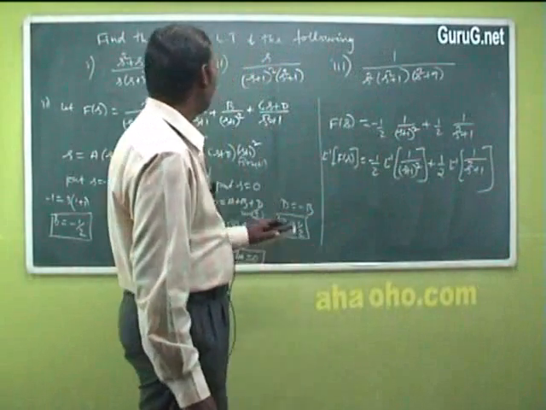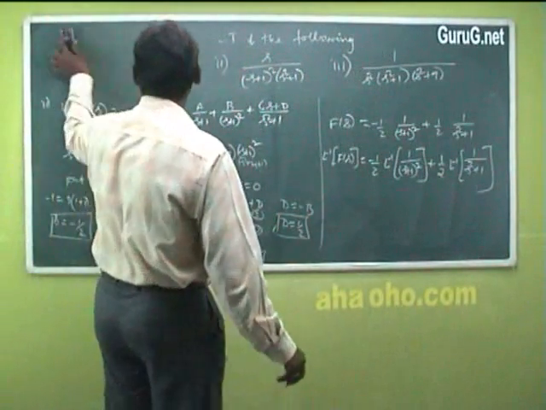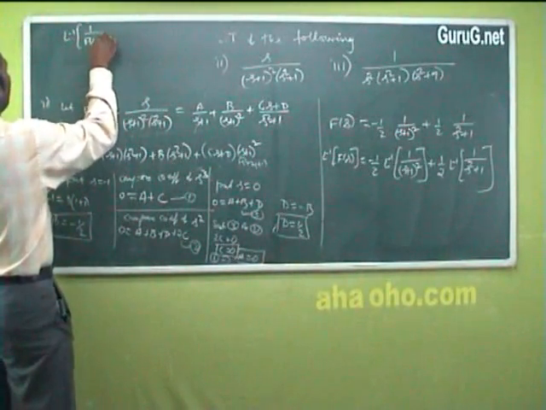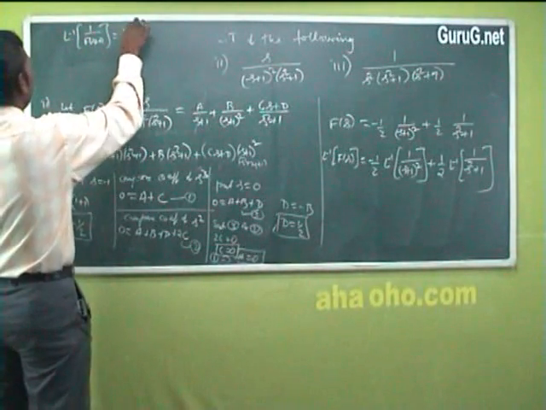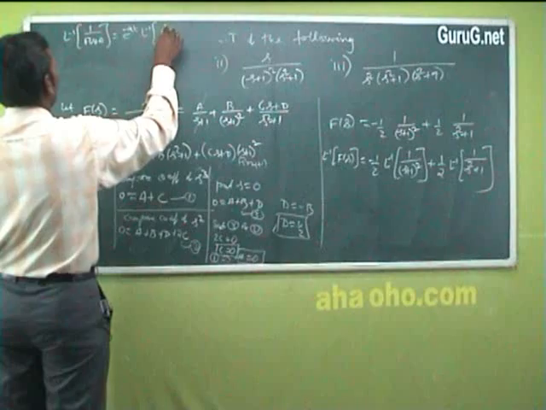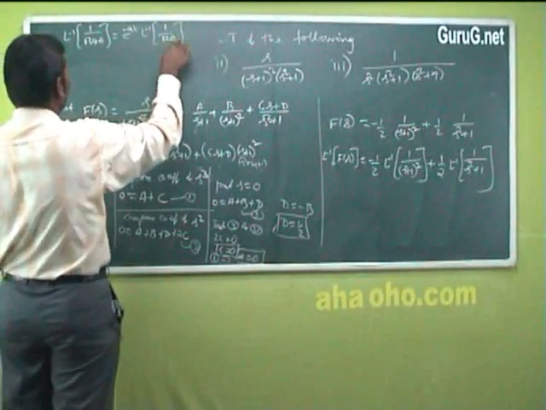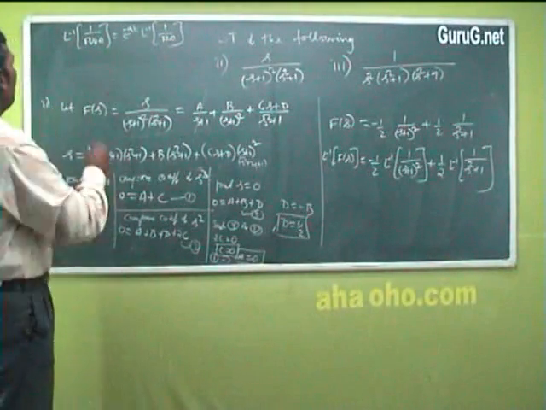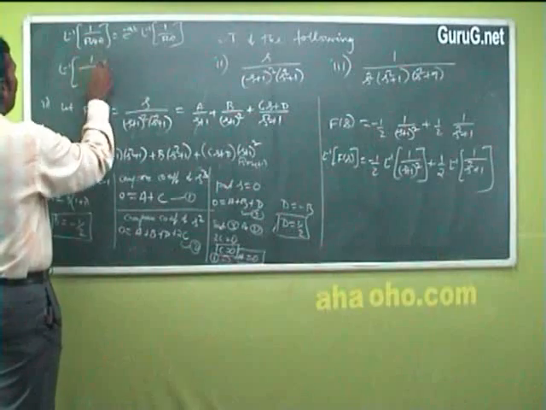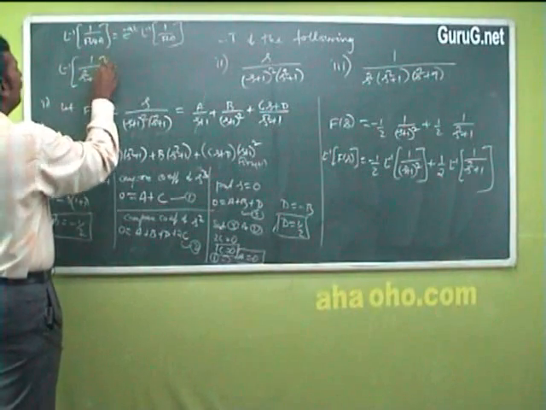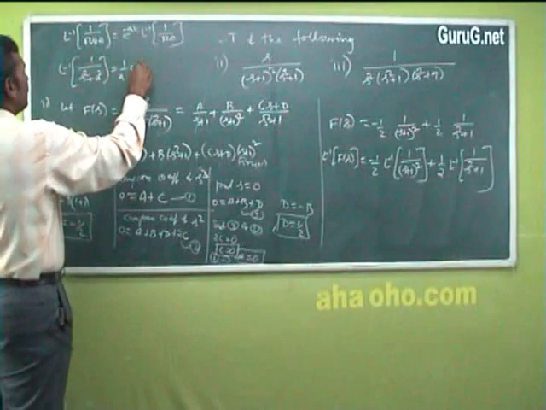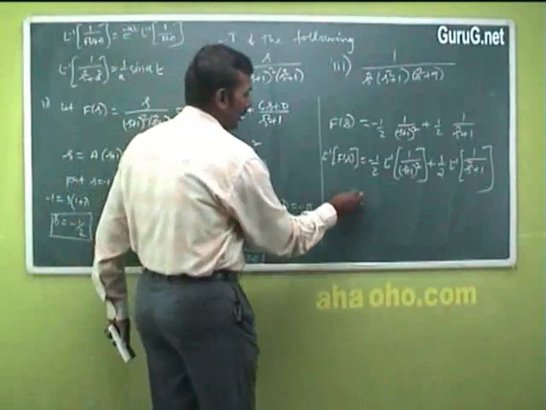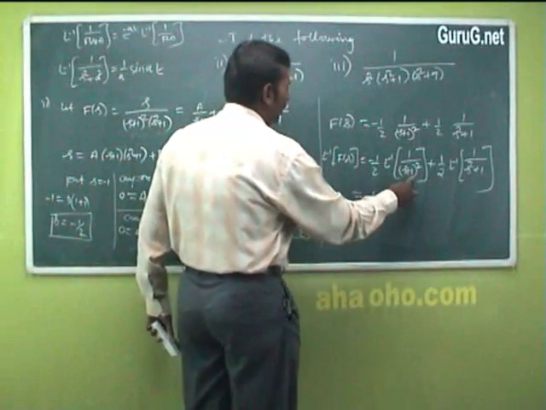What is the formula here? L inverse of 1 by f of s plus a equals e power minus at into L inverse of 1 by f of s. So this is the shifting property of inverse, right. We can apply this result. And then L inverse of 1 by s squared plus a squared equals 1 by a into sin at. We apply these two formulas here, we'll get, so minus 1 by 2 into, we apply this formula,